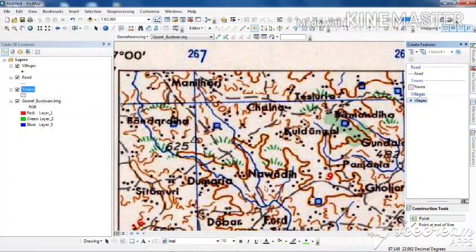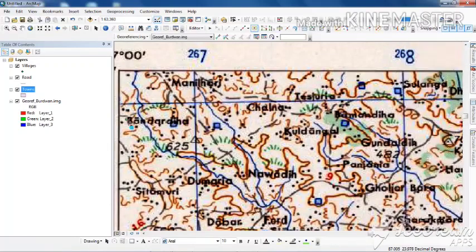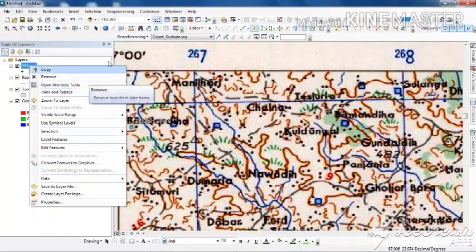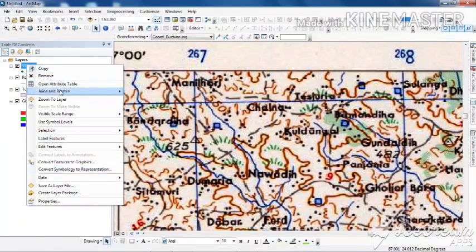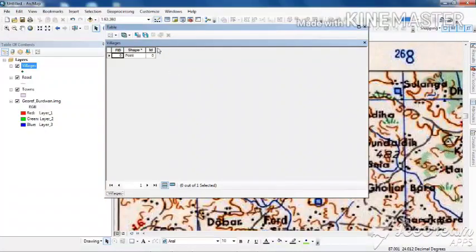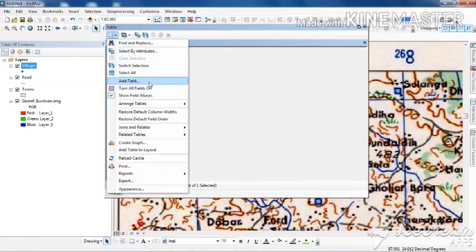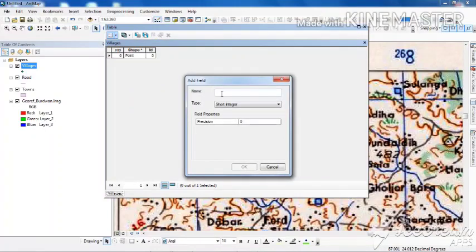Let's start with the point features. This is Bandardiha village. So one thing I will have to do, to add some fields, because I will have to also note the name. So in the add field I will write name of the village.